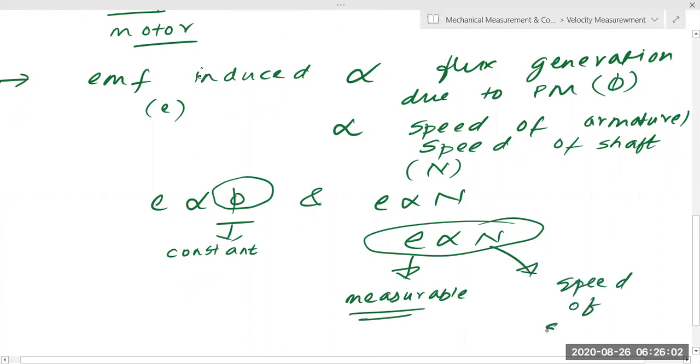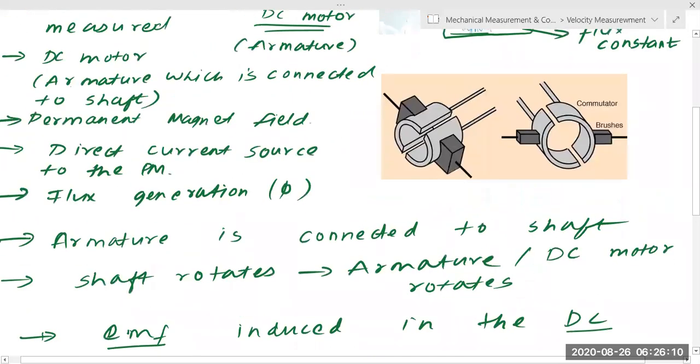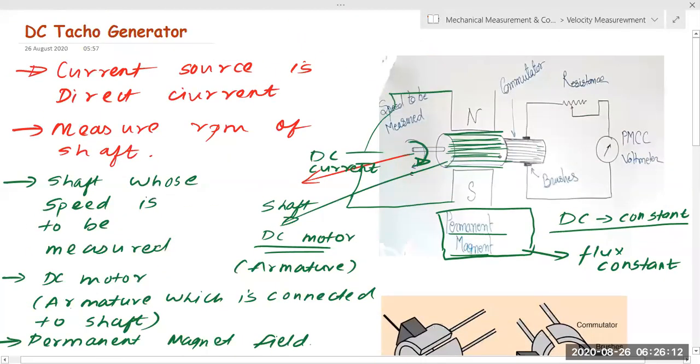Okay. So now the second part of the construction will be how do you measure the EMF? Now one thing that is very important to be understood is, you can see that there is some field, correct? There is some EMF induced into this system. Now the torque will be there. Now there can be two types of torque.